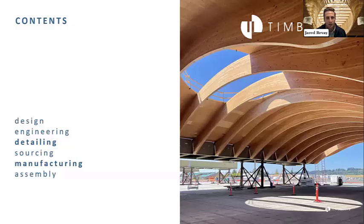So today I'm going to talk about design, engineering, detailing, sourcing, manufacturing, and assembly. And I'm going to focus a little bit more in depth on the detailing and manufacturing sections. That's a big part of what TimberLab does, and a lot of what was the magic behind how we made